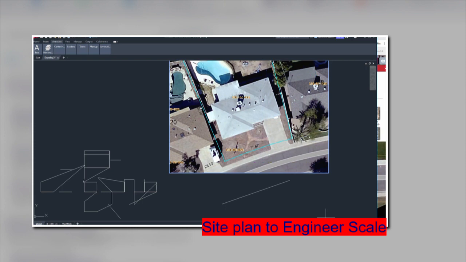We'll turn this on here so we stay right on it. And then we hit R for reference. The reference length is right here, this line that we've got right there. We'll hit that and then enter. And then it asks for the new length, which is